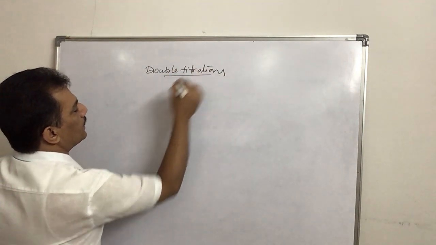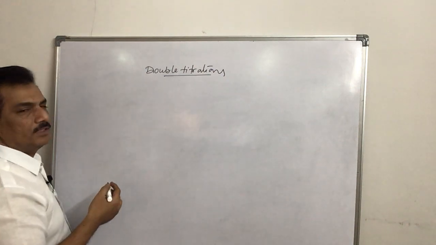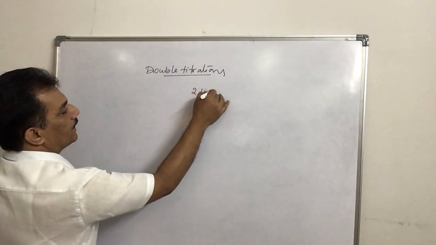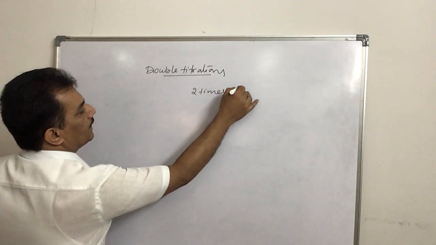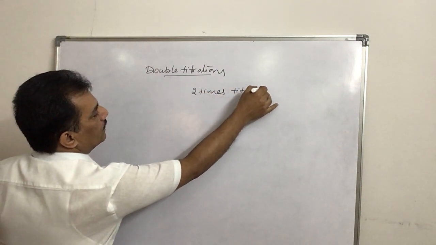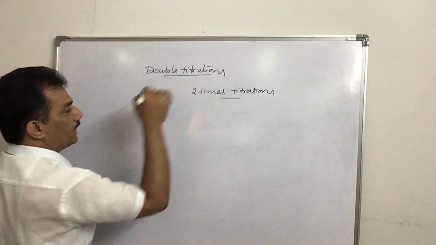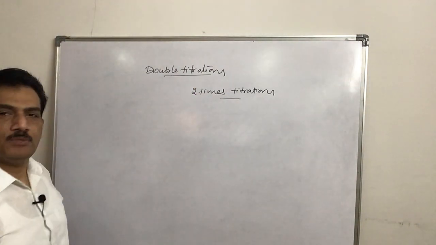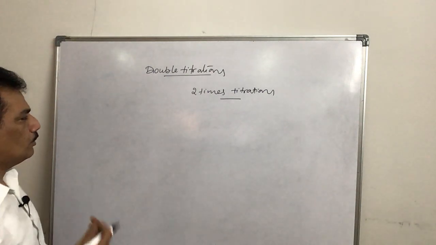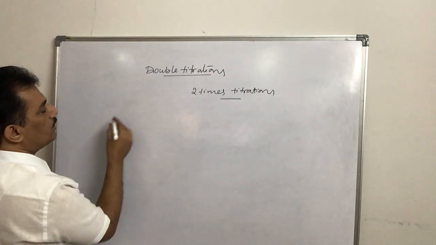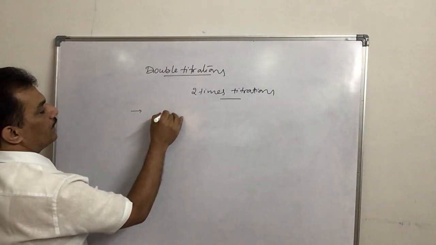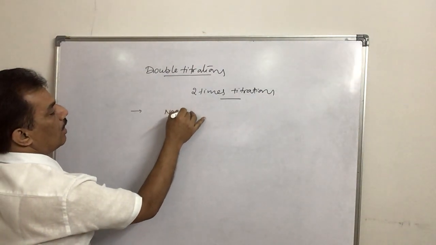Double titration. Here double titration means, as the name itself indicates, that 2 times they are titrated. 2 times titrations is nothing but double titration. And why are we using 2 times titrations? Just remember, this double titration is in general used when NaOH,